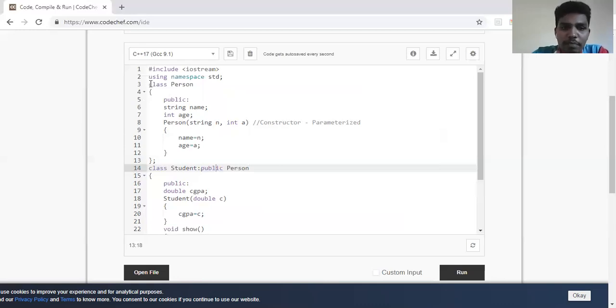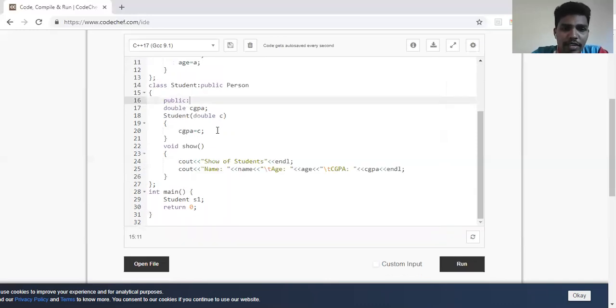Now the class person is called a superclass, class student is called a subclass. A subclass is one which inherits the features of superclass. So it inherits all the features of the superclass, but only public and protected members are accessible. But now since all of them are public here, all the functions are actually accessible.